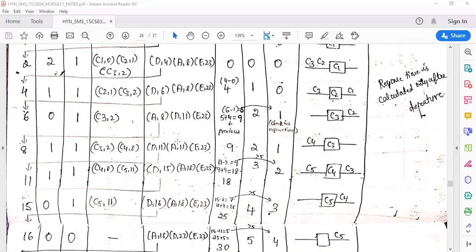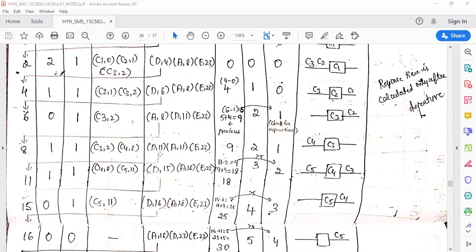So when you get to values which are the same, you have to write the one which was already existing as the first one in your FEL. So D comma 11, A comma 11, E comma 23. Now, is it a departure event? No, it is an arrival event. So whatever the previous values were, you write the same thing as it is, 9 to 1. Again, remove the imminent event from the list.